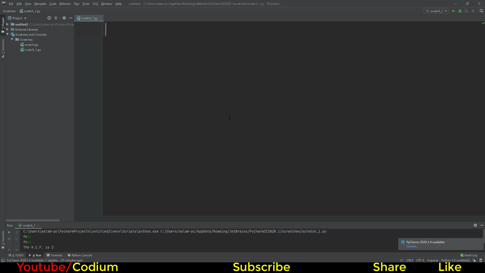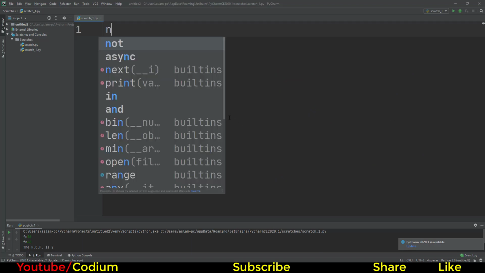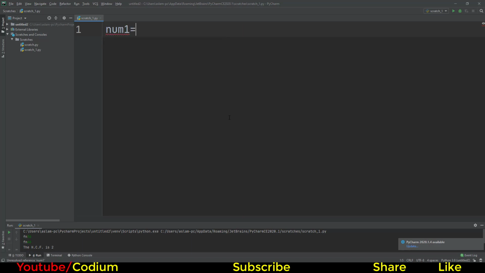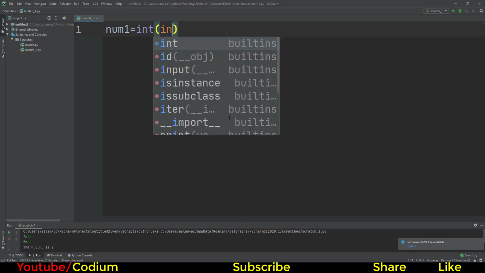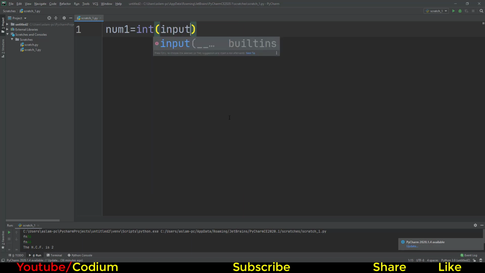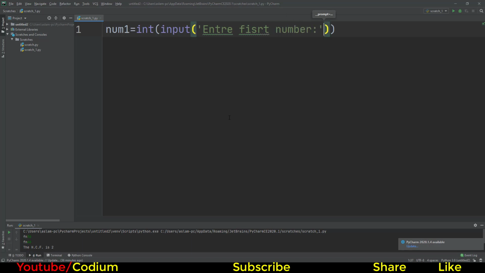So first of all we require two numbers. So num1 is equal to, and its type is integer, input by the user, so int, input and bracket, string in single quote, and the message is enter first number, colon for spacing.